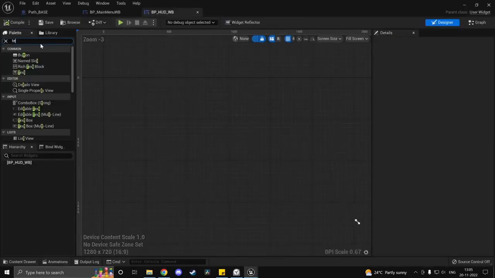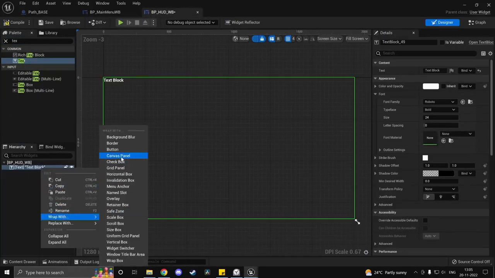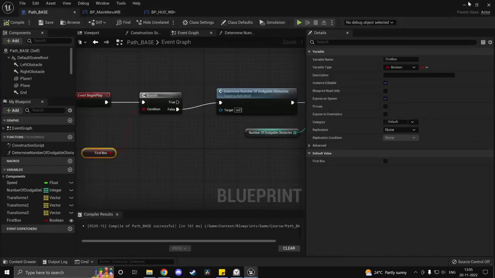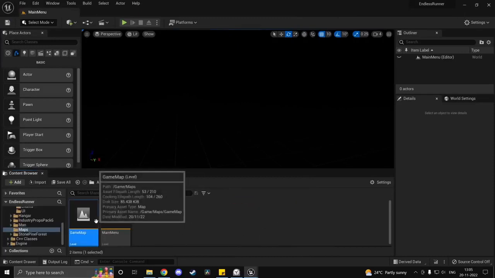And we'll just simply have a text. So we'll wrap this with a canvas panel, and this is going to be our score. Once we will set the game mode and stuff. So game map,